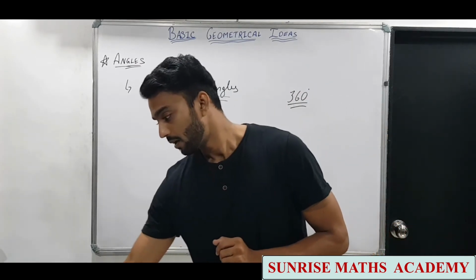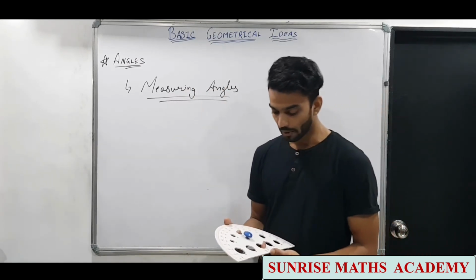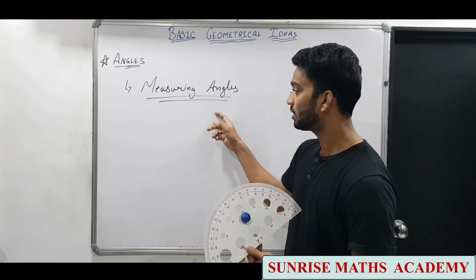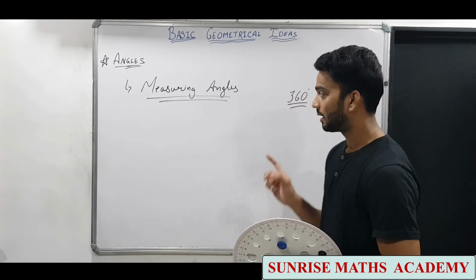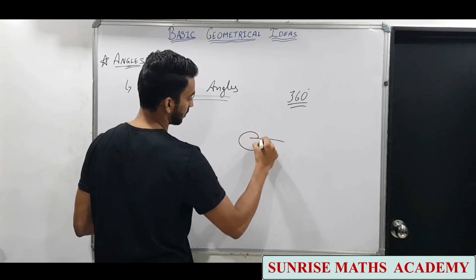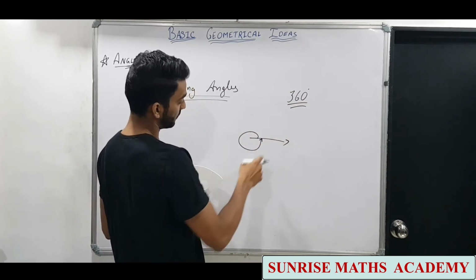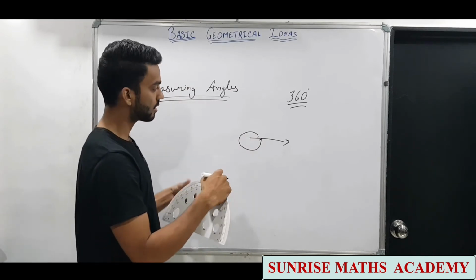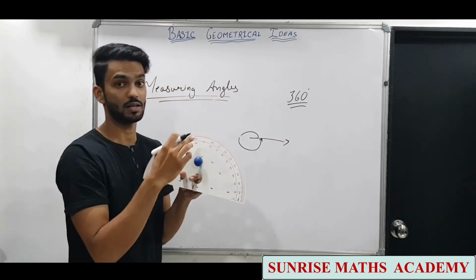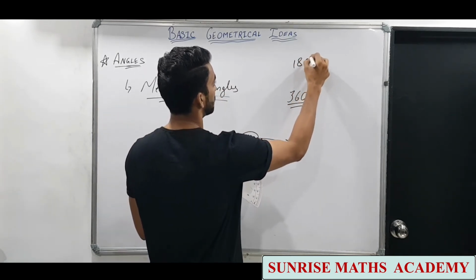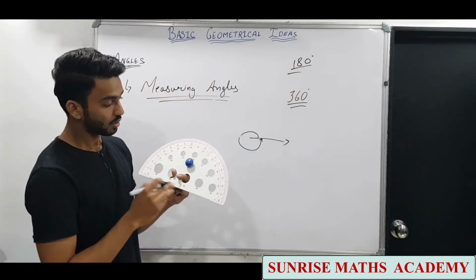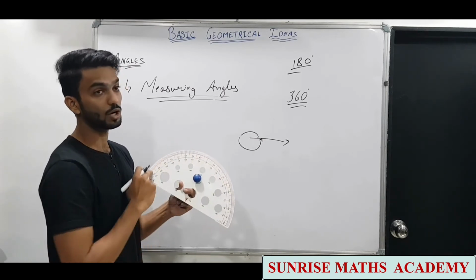we use, as I have shown you in the geometrical box, a geometrical instrument called a protractor. So for measuring we'll be using this protractor. And when we were seeing this 360 degrees, the complete angle, complete rotation, that is a circle and this is half of it, so this is 180 degrees, half of 360. So this gives us 180 degree measurements, and the scale is drawn on this curved edge.